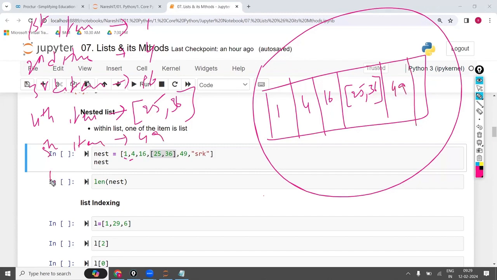The sixth item is the string SRK, so it stores the string SRK here as the sixth item. Here the fourth item, the list of 25, 36, is considered as one item. This is not 2 items; that is one item. That point is important.